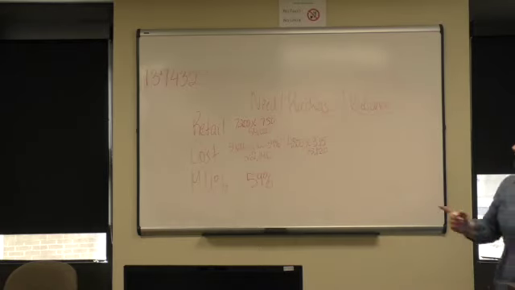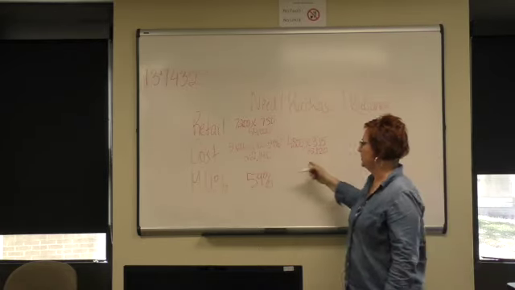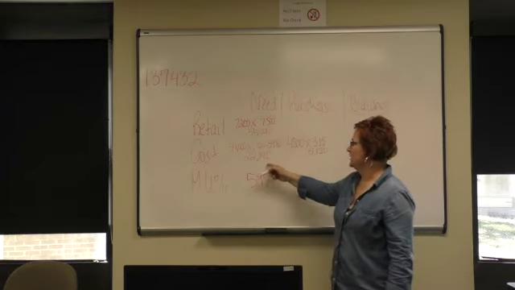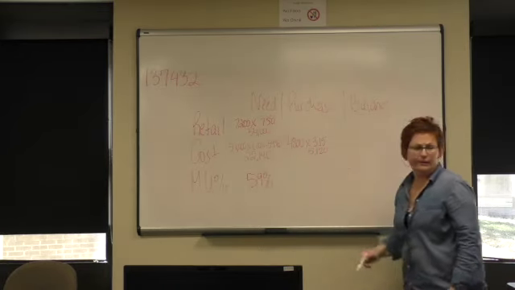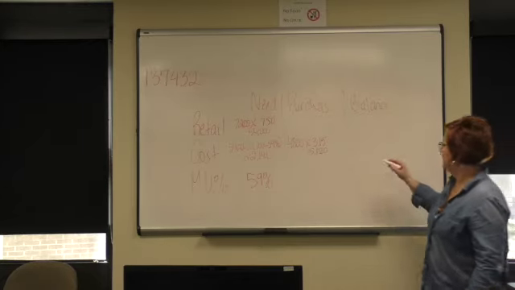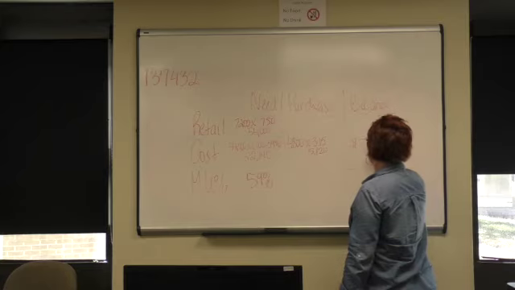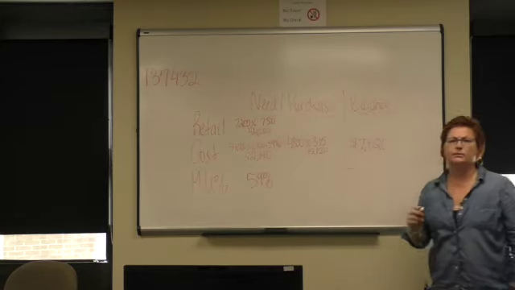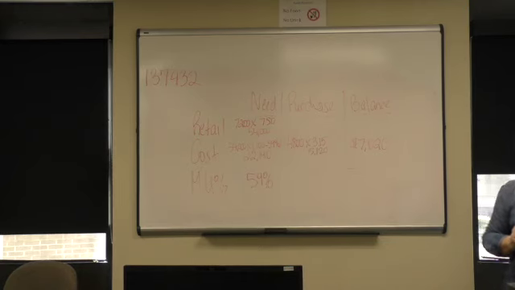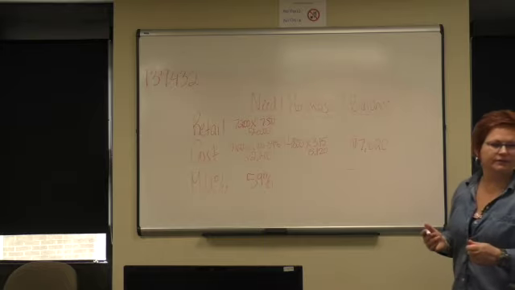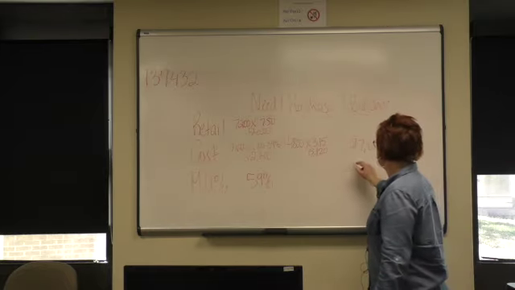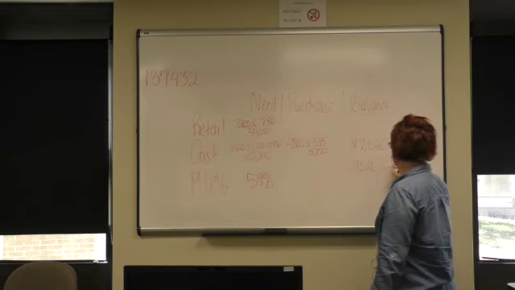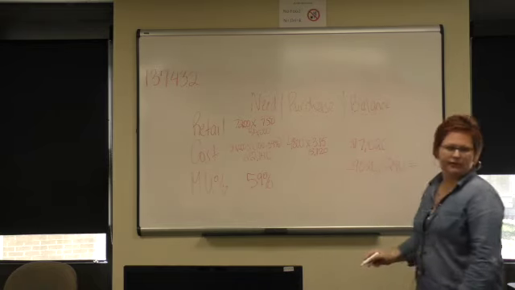Okay, so if I'm looking for a balance, what do I need to do between these two? 22,140 minus 15,120 gives me a balance. So I still have $7,020 to be able to buy in additional purchases. Okay? Now, if I have to buy an additional 2,400 socks and I have $7,020 left to spend, how do I figure out what the average cost is going to be? So 7,020 divided by 2,400, and we get as our answer,